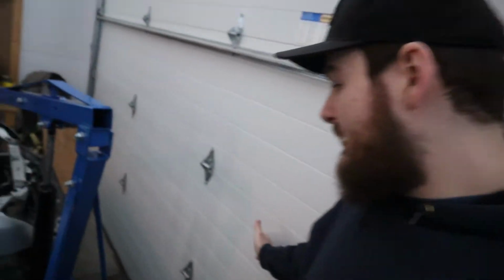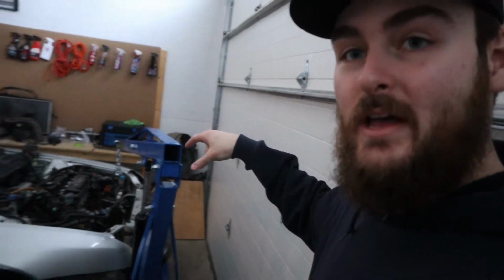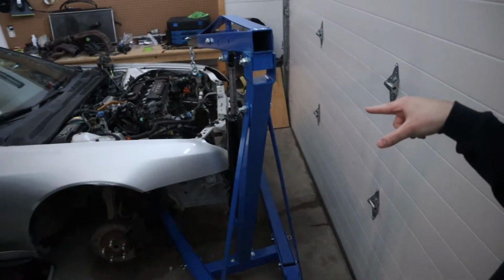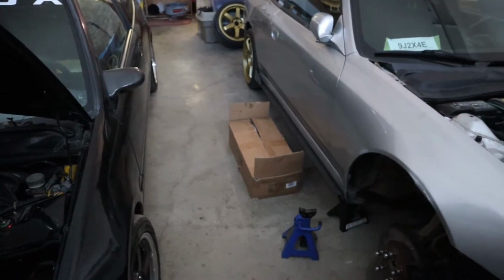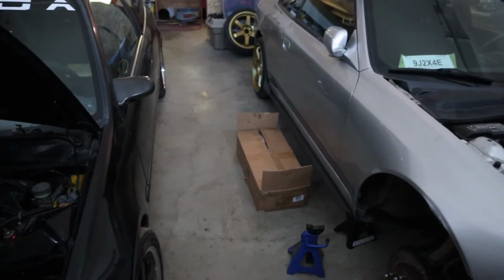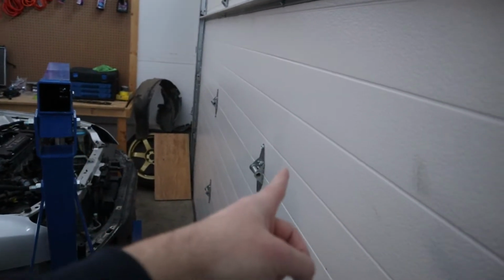It's a brand new car, freezing. And if you can't tell, there is zero room in between there, so we have to open the door to get Eli's engine out. Then we got to put his wheels back on, push his whole car out of the garage so we can wheel the engine hoist back, because the engine hoist is too freaking wide to fit through both cars with an engine. This car would have a ton of dents and a lot of brand new paint gone, and so would this car. So we literally got to open up the bay doors, pull the engine, slide the hoist out there,